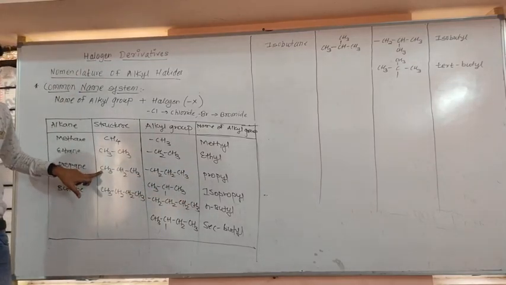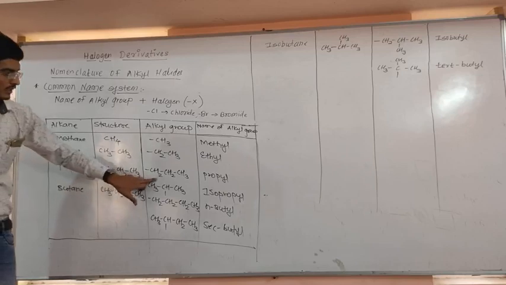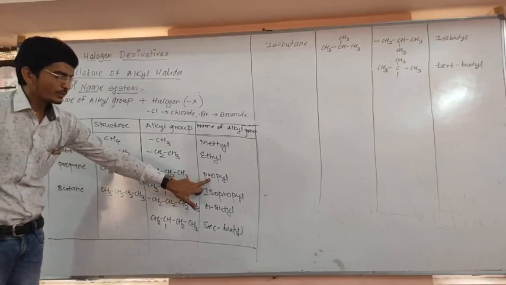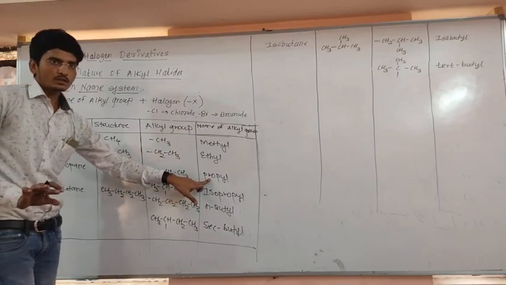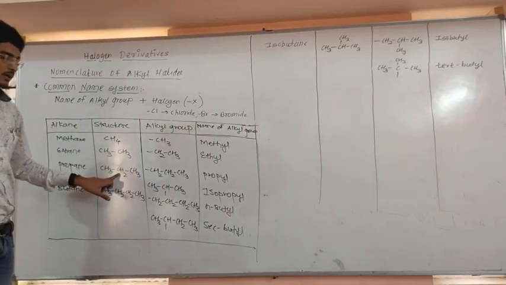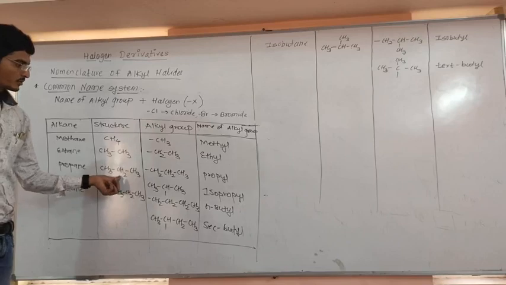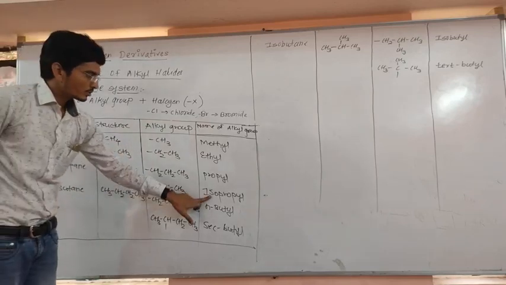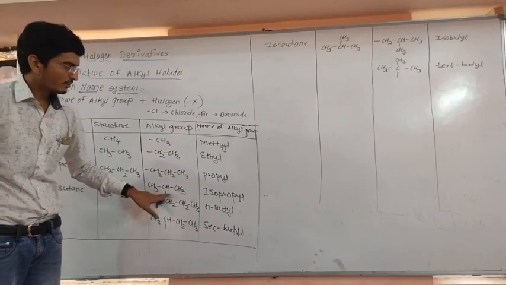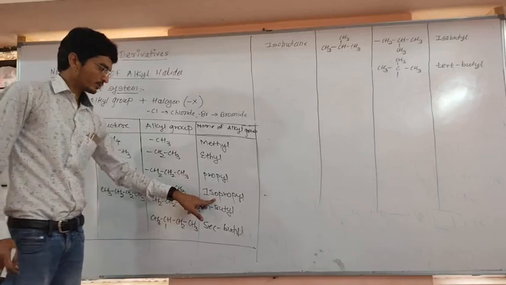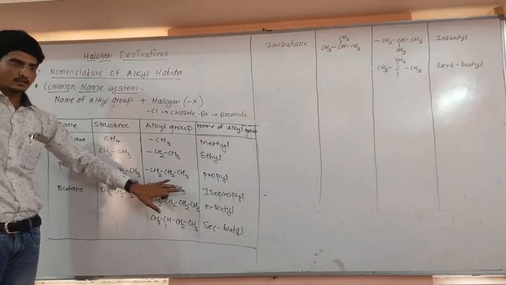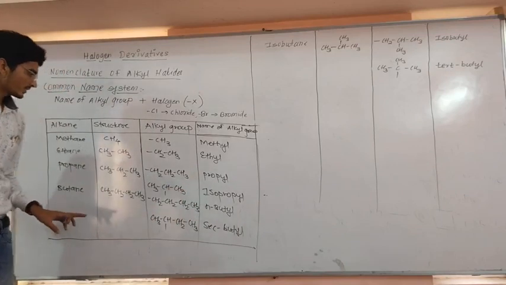Suppose on this carbon one hydrogen is removed, then you will get the propyl group, that is CH2CH2CH3. This group is called N-propyl, or sometimes just propyl. If you remove the middle hydrogen from this three-carbon chain, then it is called isopropyl, because this is the isomer of the propyl. That's why it is named the isopropyl group. This group may be used in the common name as well as in the IUPAC nomenclature system.